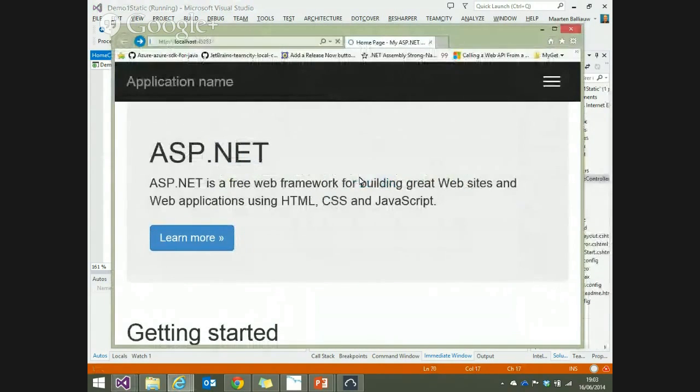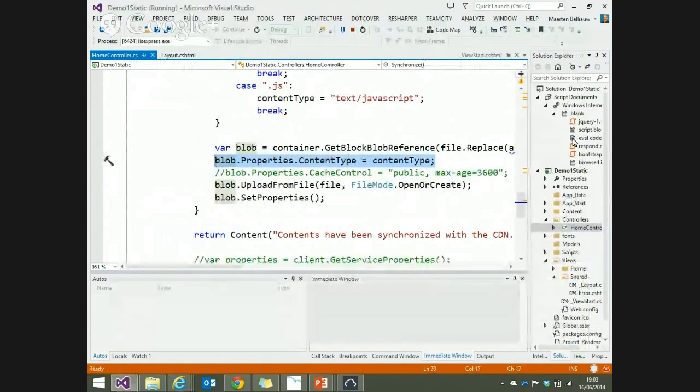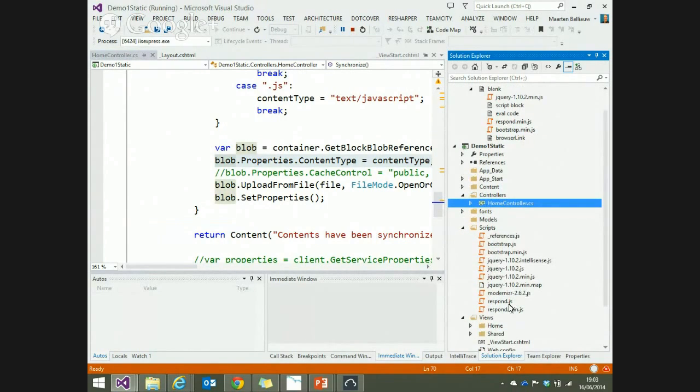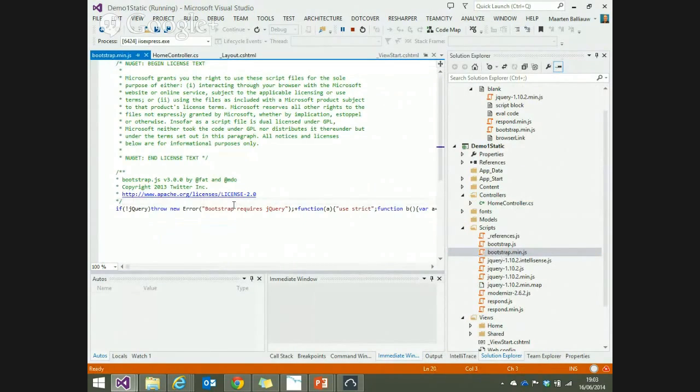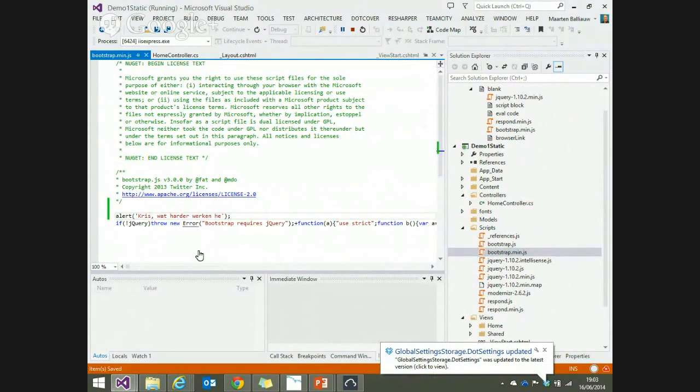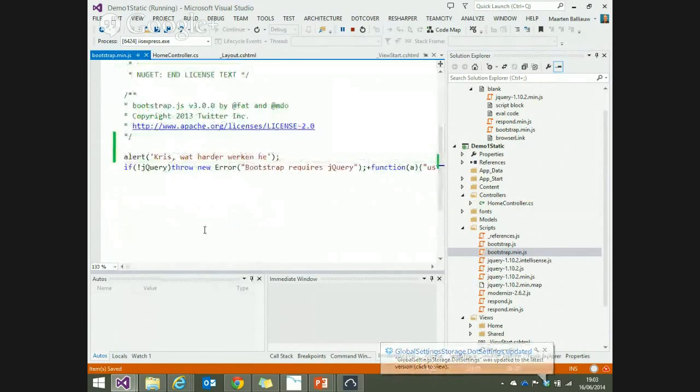All right. Now, let's see. The second time my demo should work. Let's make a change to something. Imagine I'm working together with Chris on this website, and Chris just came into the office in the morning, and he did a get latest, fetched the latest sources from source control. And just as a nice little joke, what I want to do is in my bootstrap JS file, I want to add this thing. Of course, before production, you want this to go out, but you know, it's fun in the team and so on. So let's do that, and